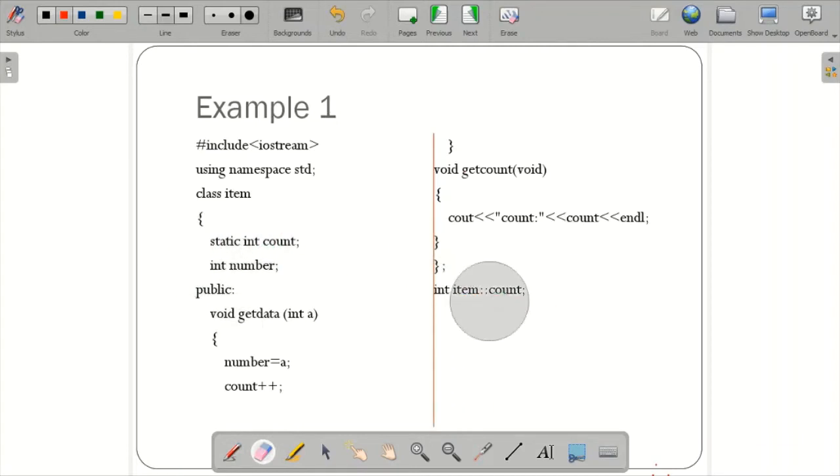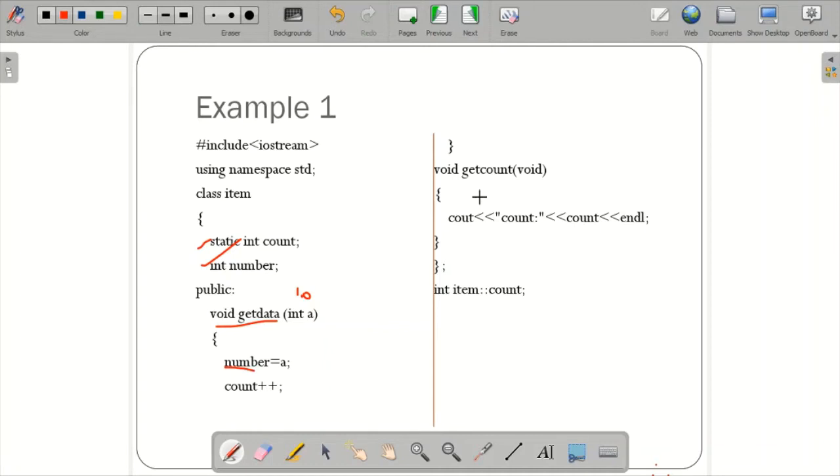If you see over here, this is the class. Within the class, I declared this as a static data member, and this is my normal data member. Then I have a function void get data int a, number is equal to a, and then count is being incremented. Whatever you pass, 10 or any value, that a will be stored in this particular number, and the counter, initially declared as 0, will be incremented to 1.